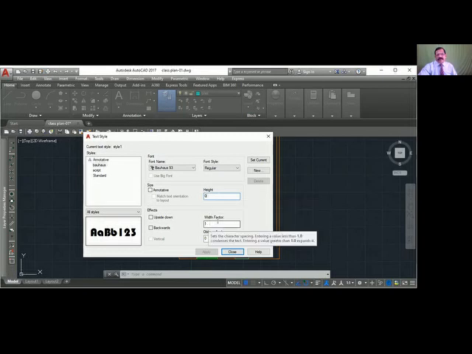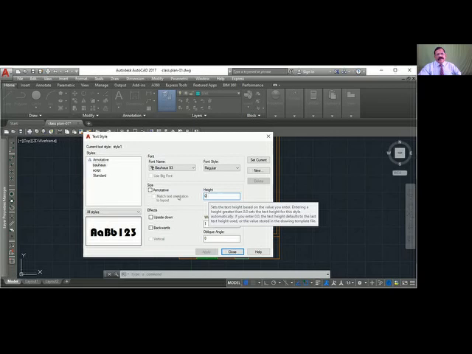Width you can change if you want. When you create dimensions and other things, a thin width factor will be very nice. It depends on you, as an architect you have to try different things. You can change the width factor, and whichever style you like, you can use that. The height is always 0 here. Now Bauhaus, set current, and finally set current.